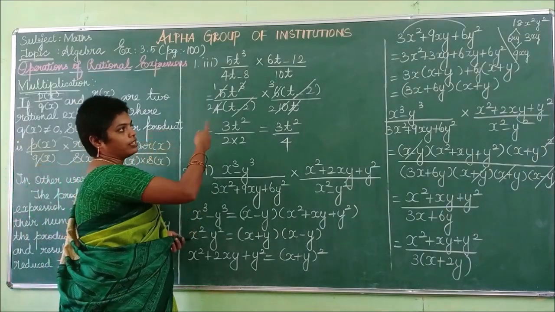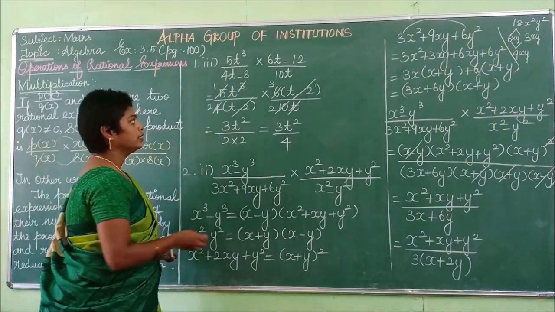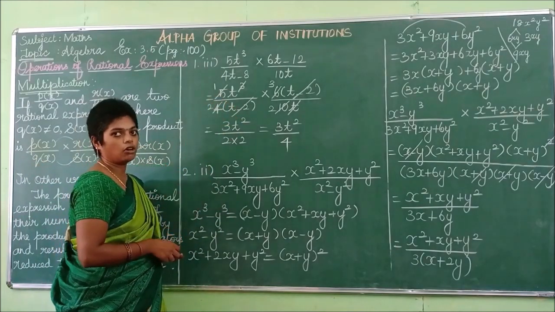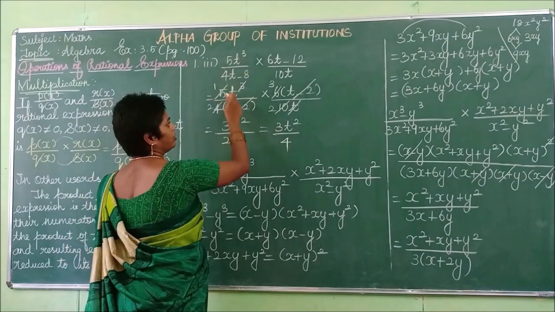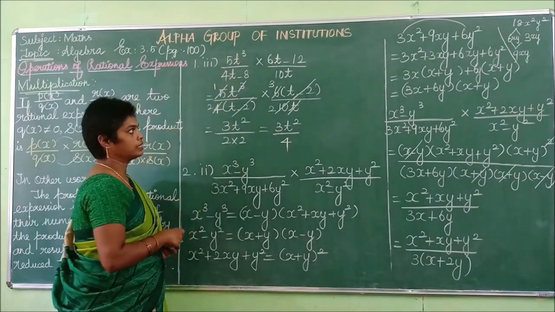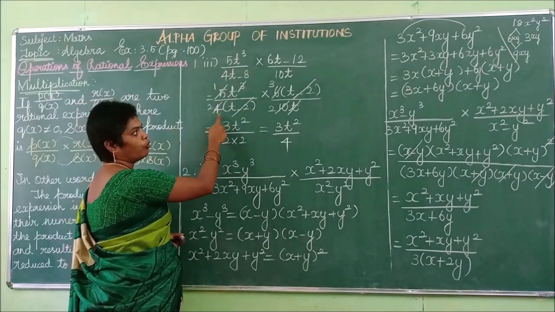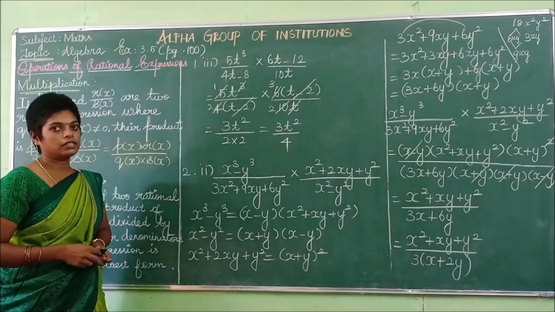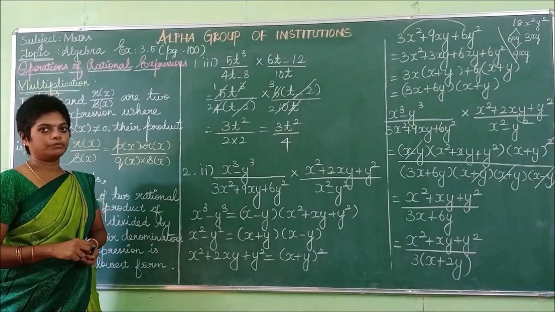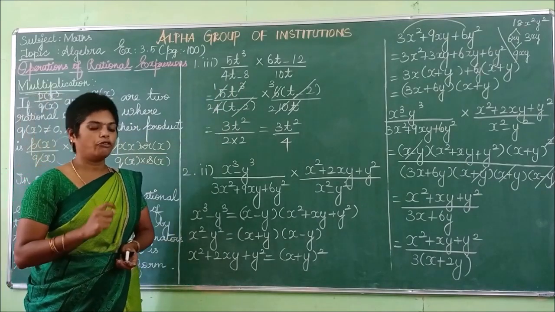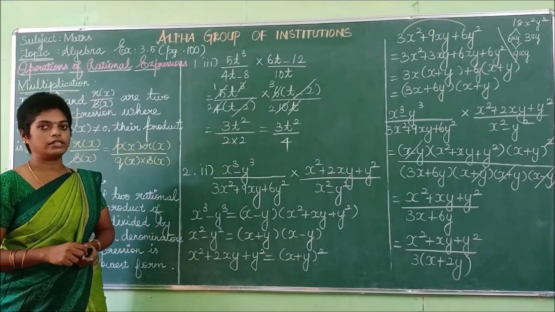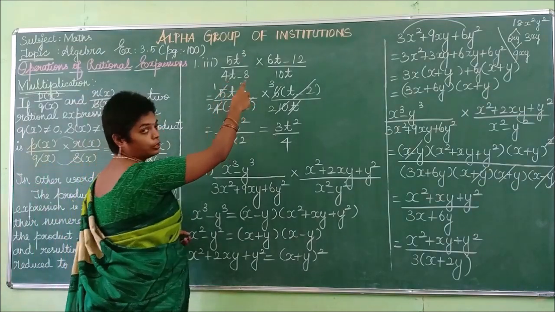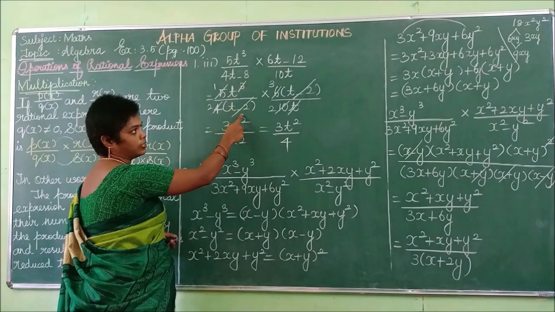So likewise, put the product sign. Then take out whatever is not common. Here 5t cubed can be written as it is, divided by 4 into. Commonly, 4 and 8 come in the 4 table, so you can take that 4 as common. What are the remaining terms? Here t is remaining, here 2 is remaining. That is t minus 2.